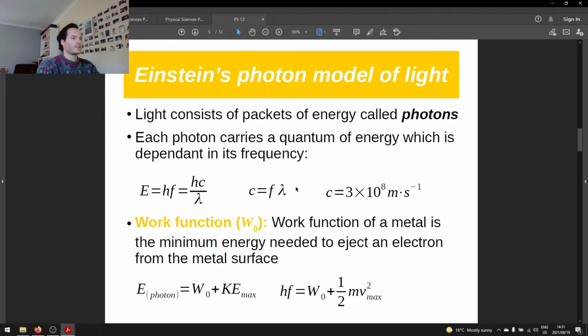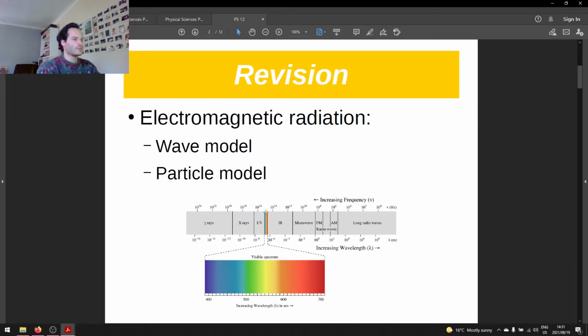So if we keep that in mind, the energy of a photon is the product of Planck's constant and its frequency. Therefore, its energy is not influenced by the intensity of light. It's only influenced by its frequency. So if we go back to our second slide